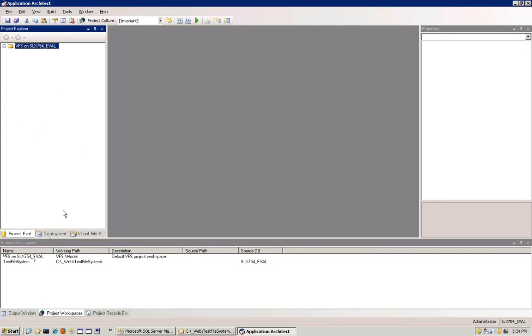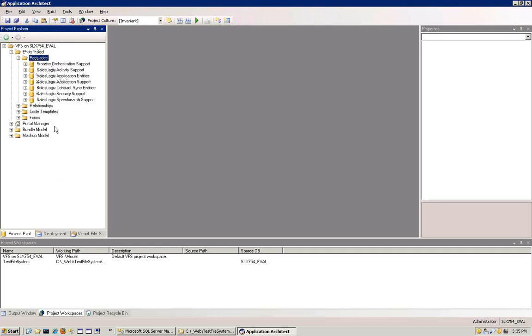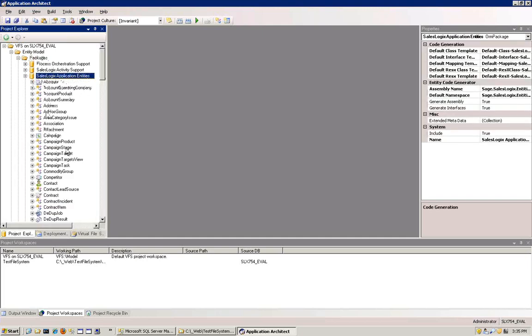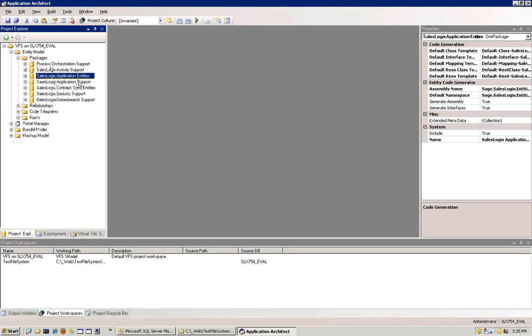And after a second, it loads that up, and you'll see in the Project Explorer now we are looking at the VFS again, the virtual file system on this database. And of course, if we go in here into the packages, we will see that there's no reference to the contact extension entity in here anymore because it was not created in this file system. So to get that in here,